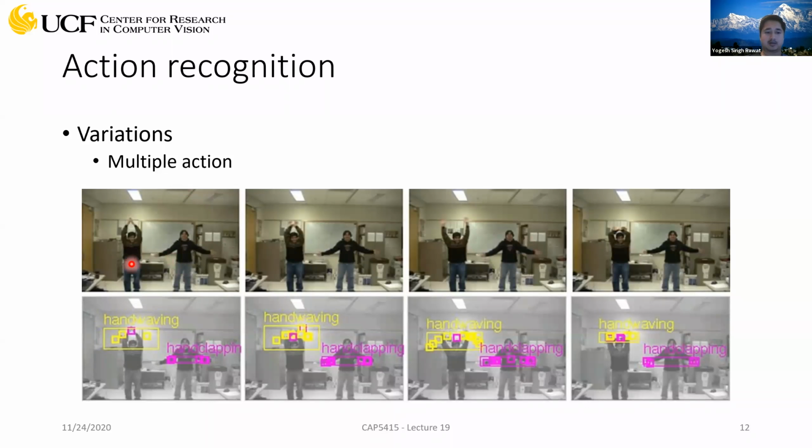You can see that, for example, this person is maybe raising his hand, and the action category is actually hand waving. This person is hand waving, and this person here is hand clapping. So these are two different actions, but both are being performed at the same time. If you play this video, you'll have to recognize or classify both these actions at the same time. And again, this is similar to multi-label classification in images. Okay.